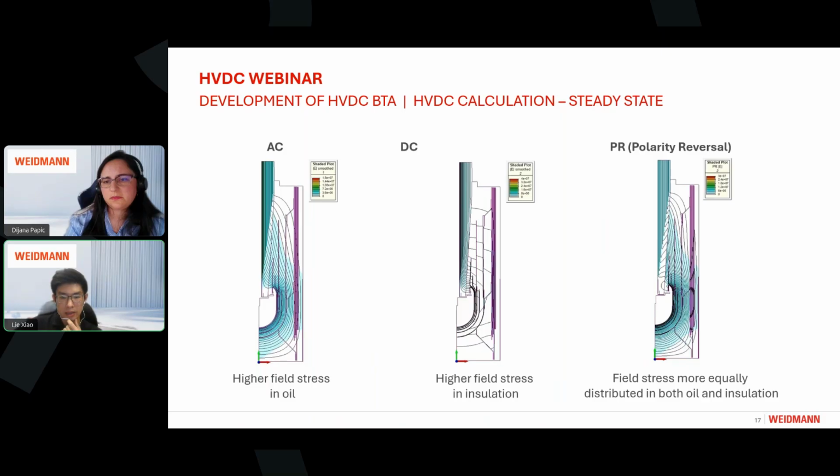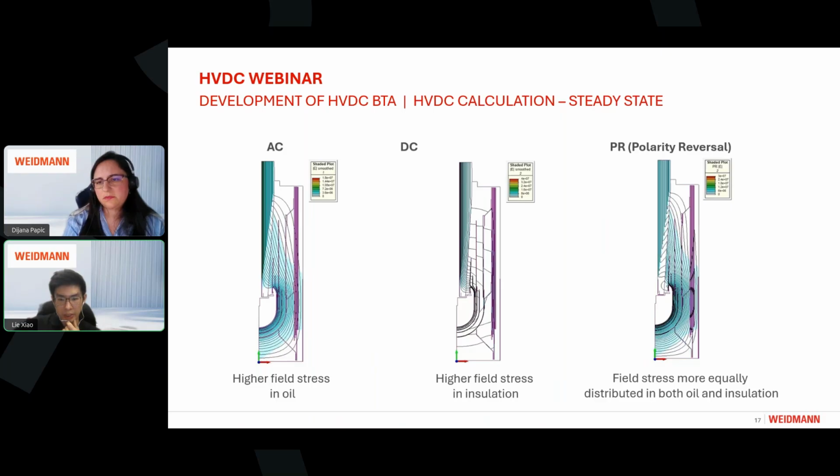And on the right side is the polarity reverse. It can be described as a superimposition of the AC and DC cases, because it occurs when switching the polarity of the DC grid. The polarity reverse is necessary in a DC connection between grids, because some grids need the energy flow in one direction, and after a certain time they change to another direction. And the field distribution in the polarity reverse is something in between AC and DC, because it depends on